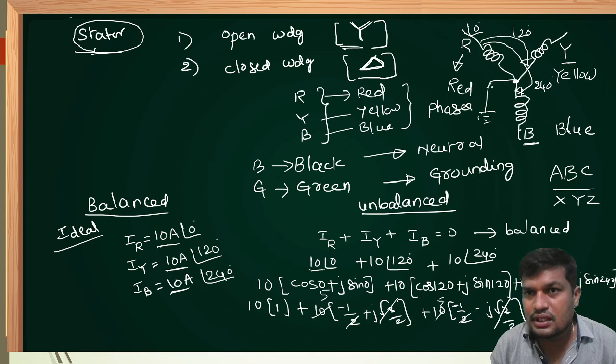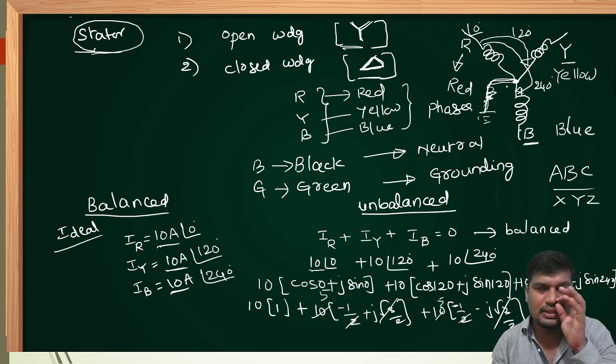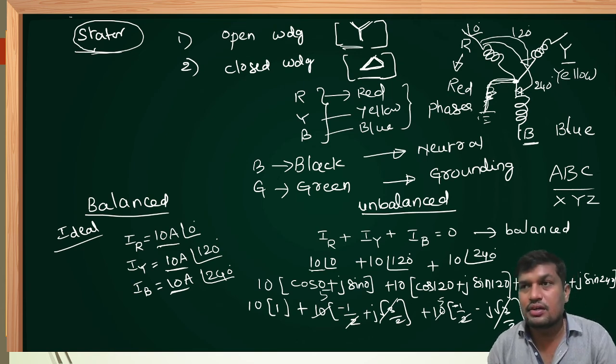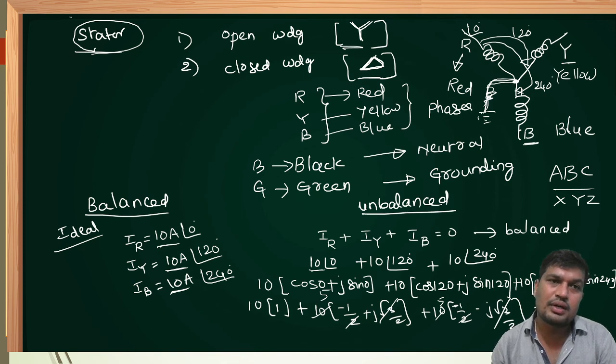If you use a winding here, that is called reactance grounding. If you use resistance here, that is called resistance grounding. Simply if you connect it to ground without anything, that is called solid grounding. If you are not grounding from neutral, that is isolated grounding. Four groundings are possible, but practically we are using resistance grounding for improvement of stability.